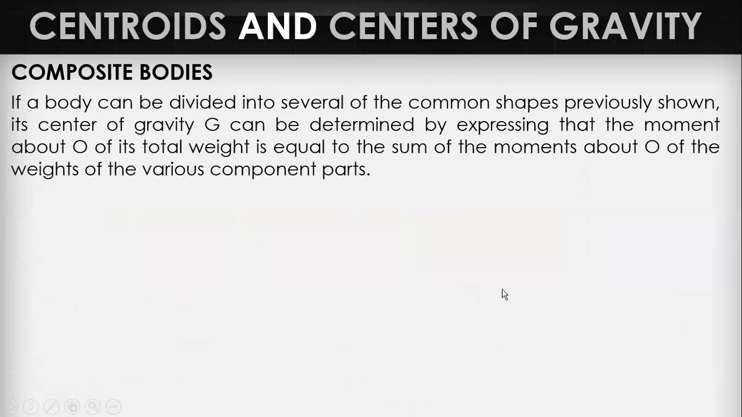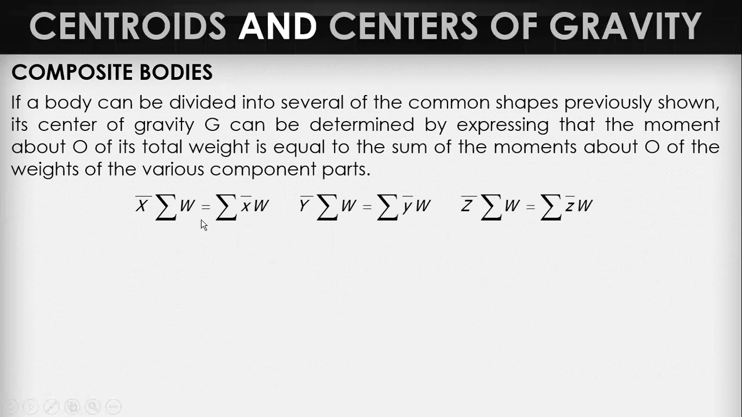Okay, so this will be our main topic, composite bodies. If a body can be divided into several of the common shapes previously shown, its center of gravity G can be determined by expressing that the moment about O of its total weight is equal to the sum of the moments about O of the weights of the various component parts. This is similar to area. We start with weight, the center of gravity, and then after this,